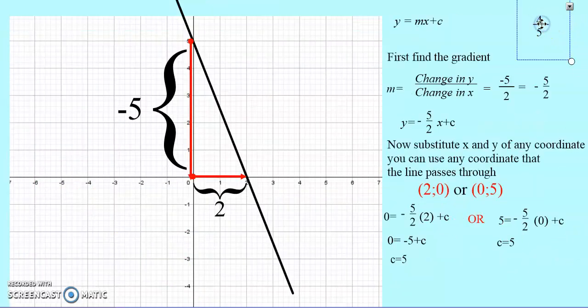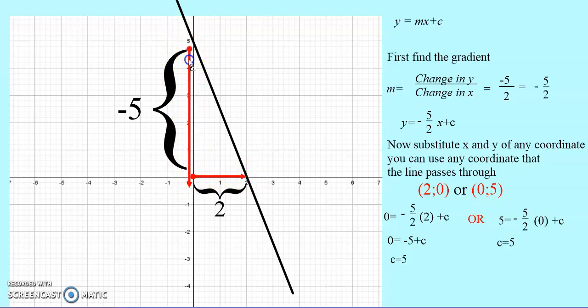Let us now look at another example. Here is my line segment. It passes through 2 and it passes through 5. First thing that I know, I need to find the gradient. The gradient is the change in y over the change in x. So if I move from this point to this point,